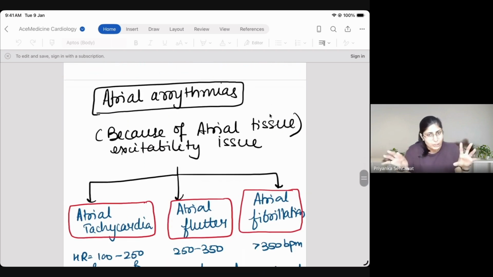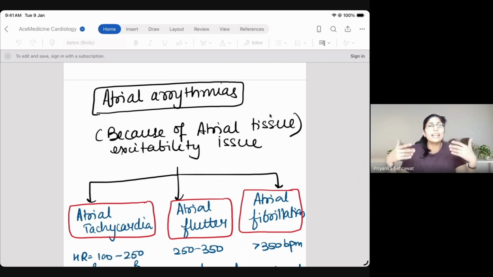So this is about SA node. What can SA node arrhythmias lead to? So there is something physiological, the physiological sinus arrhythmia, which is because of inspiration and expiration. Then there is sinus tachycardia in cases of exercise, fever, hyperthermia; sinus bradycardia in cases of athletes, hypothyroidism, hypothermia, cold temperatures. And then there is sick sinus syndrome. This is all sinus node can lead to. ये सब sinus arrhythmias थे.